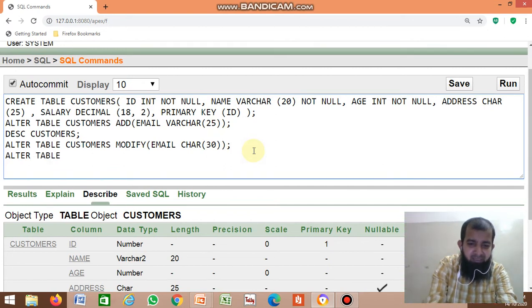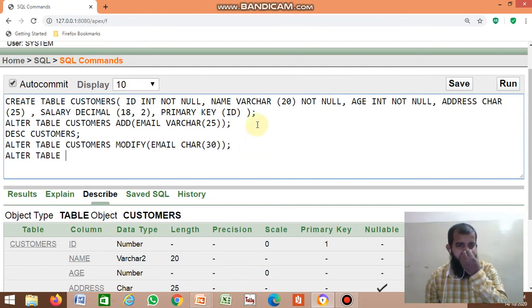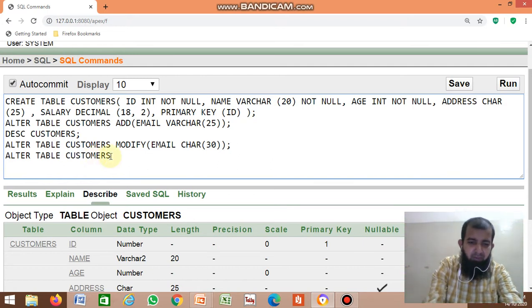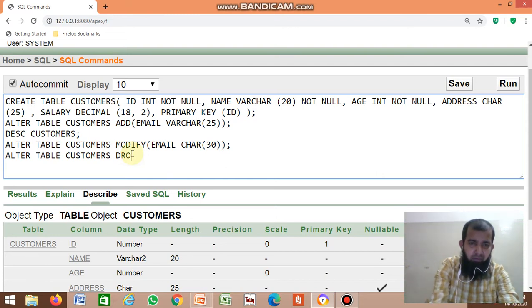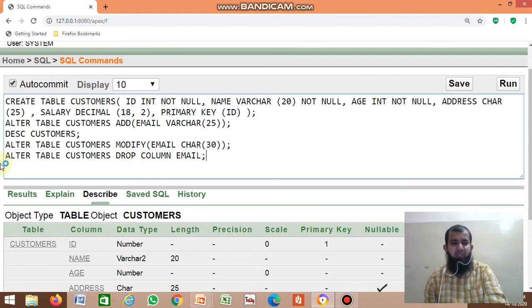Alter table customers drop column email, then use semicolon.